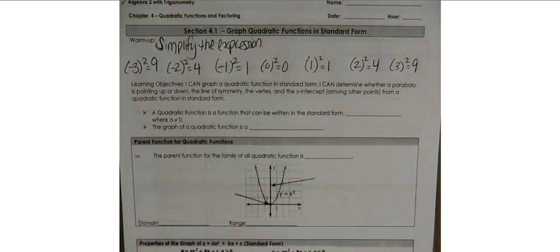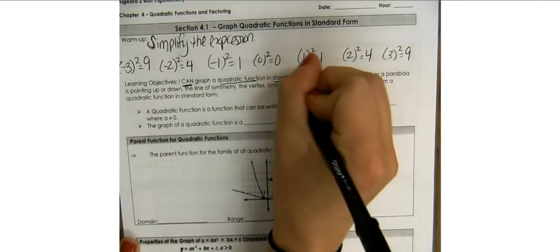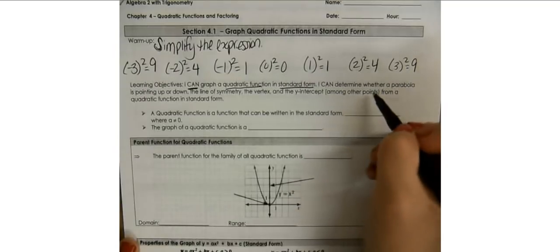We're going to be analyzing quadratic functions, but this time it's going to be in standard form. There are 3 forms that you're going to learn about: standard form, intercept form, and vertex form. So our learning objectives for today are for you to be able to say, I can graph a quadratic function in standard form. I can determine whether a parabola is pointing up or down. I can determine the line of symmetry, the vertex, and the y-intercept, among other points, from a quadratic function in